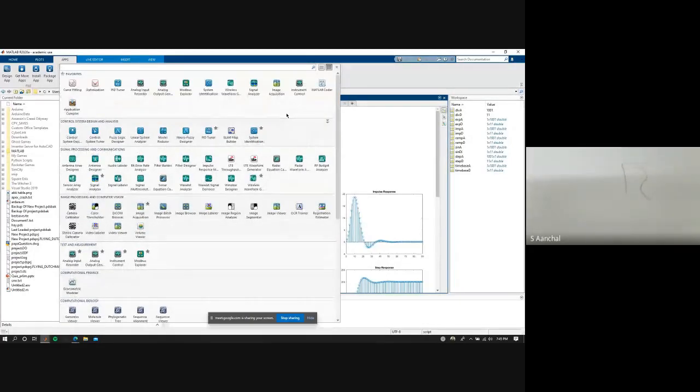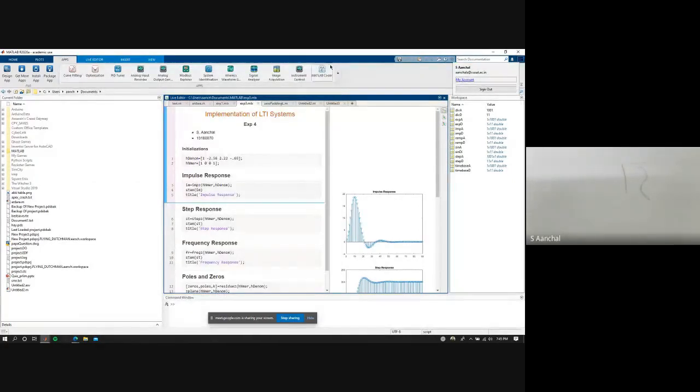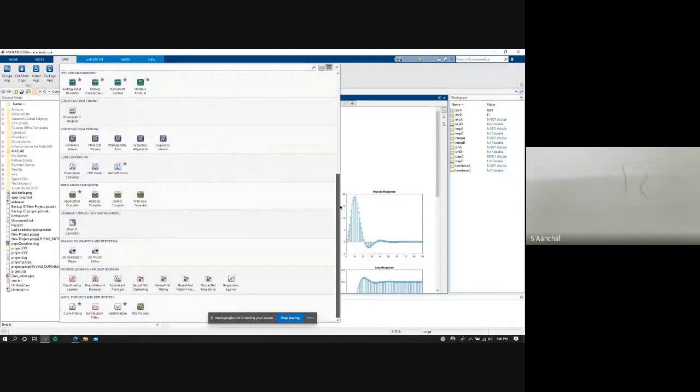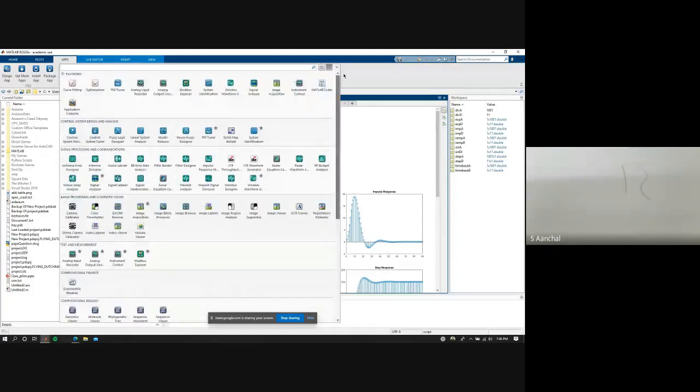If you pirate MATLAB, you can get all the toolboxes. This is the official version of MATLAB. I logged into my account over here, if you can see. The official version of MATLAB from CUSAT does not give all the toolboxes. There are only certain toolboxes which are there. These are those toolboxes which come with our CUSAT MATLAB license. So each toolbox has got multiple